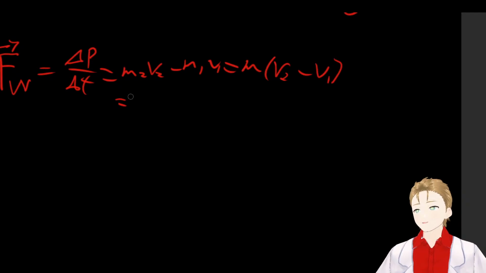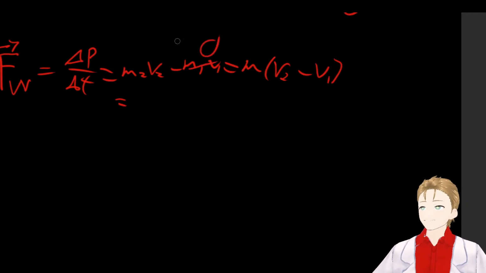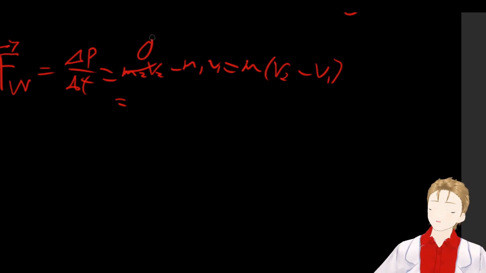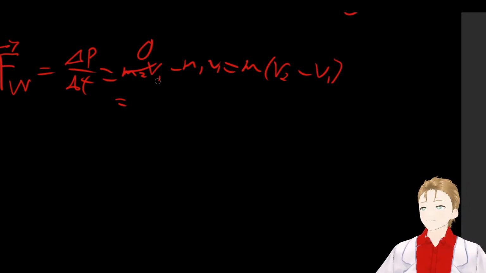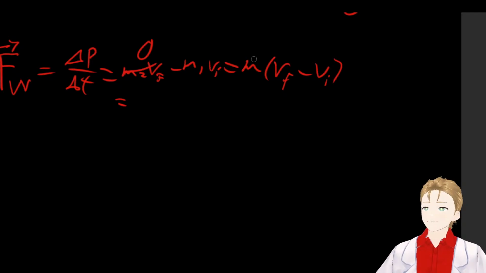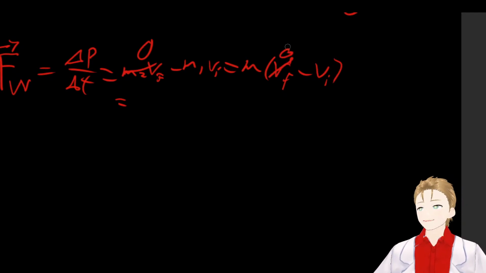So, which is that this is 0. Because if we are talking about, no, wait, no. This is 0, because if we presume velocity 2 is the final velocity, so we presume that's the final velocity, and this would be the initial. Then the final would just be 0 because it's stopped. It's stopped by the rigid wall. Therefore, it's just